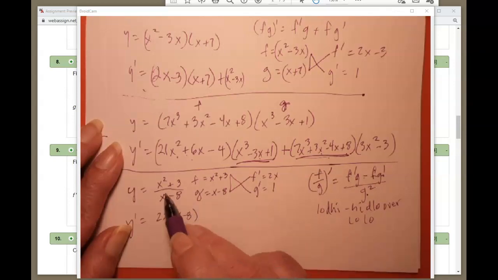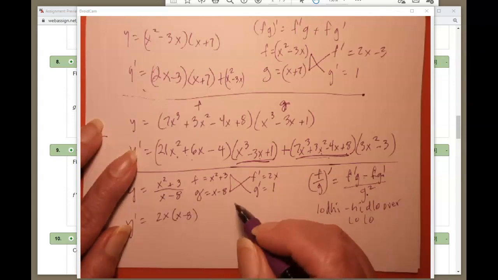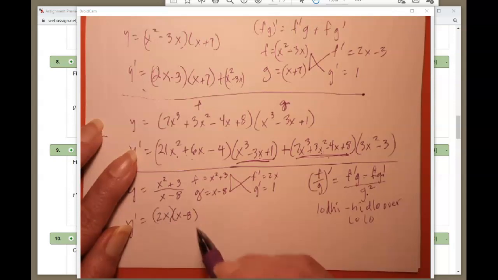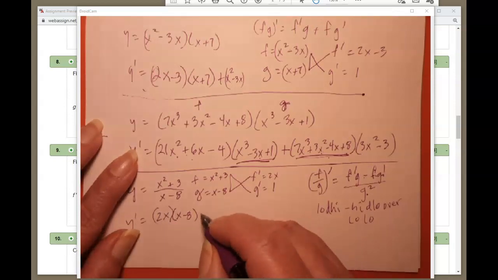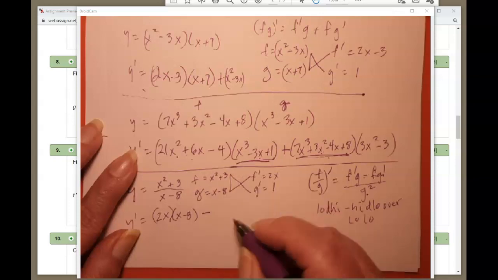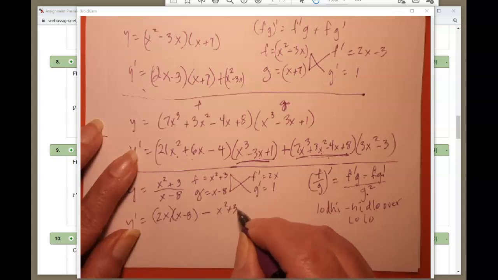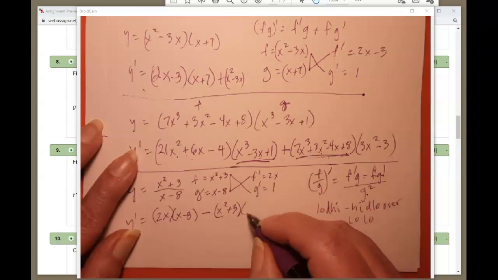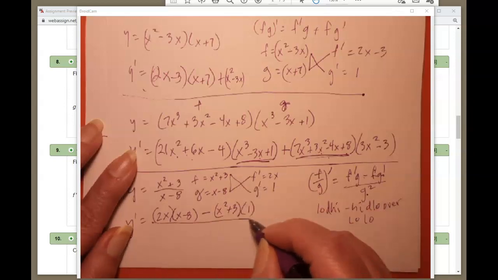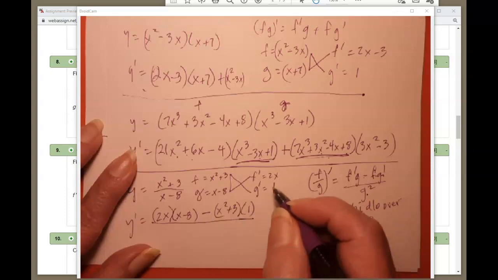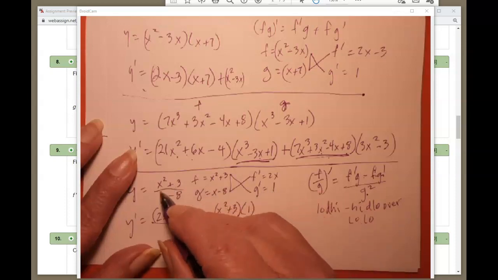Don't forget the parentheses. So make sure you're putting them in where you need them. I could put them here, they're not necessary, so you might get in the habit of putting them everywhere. Minus the top, which is x squared plus 3, and the parentheses and the derivative of the bottom, which is just 1. All over the bottom squared, the denominator squared, which would be x minus 8